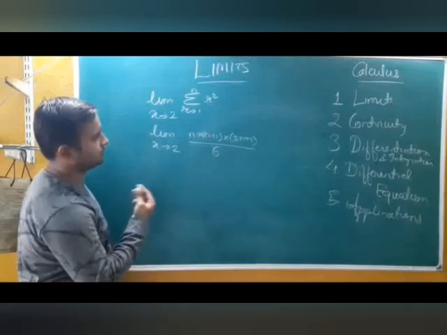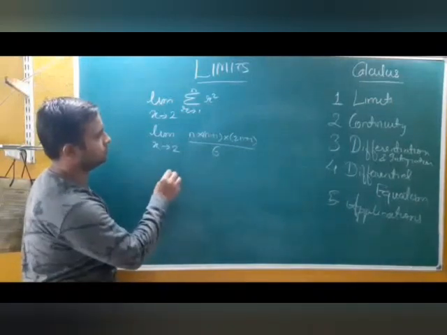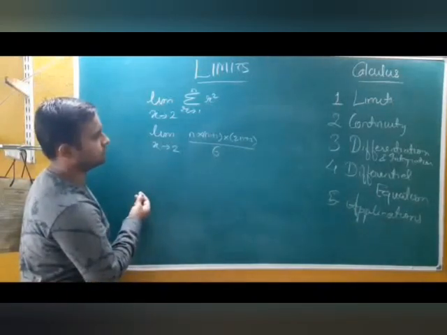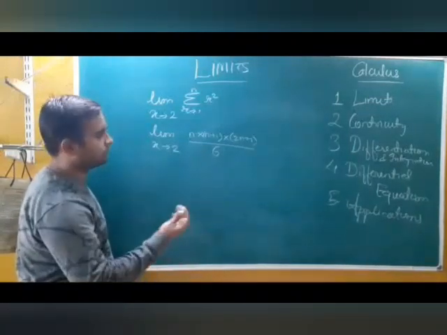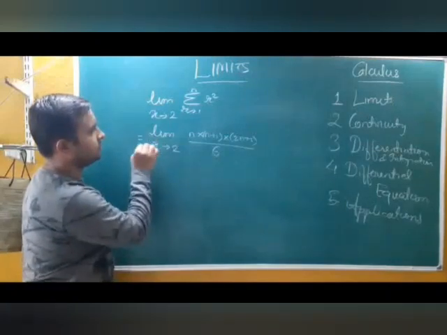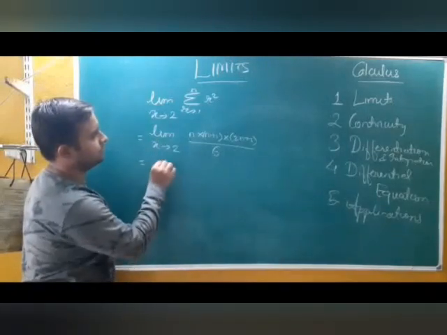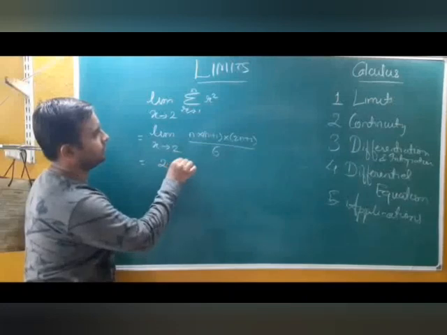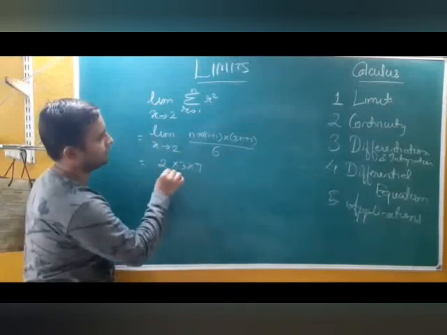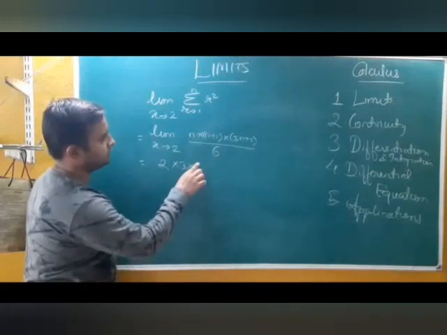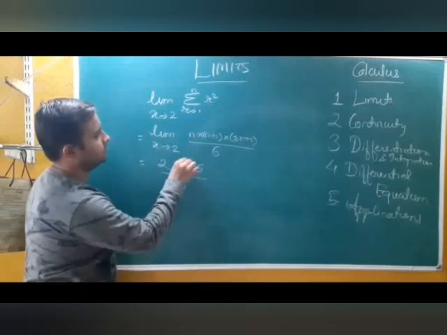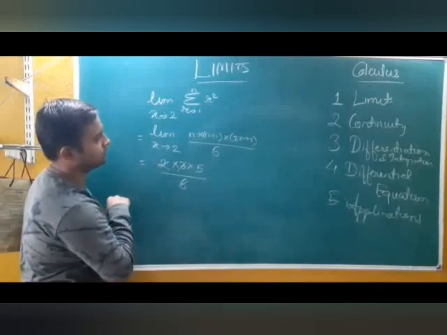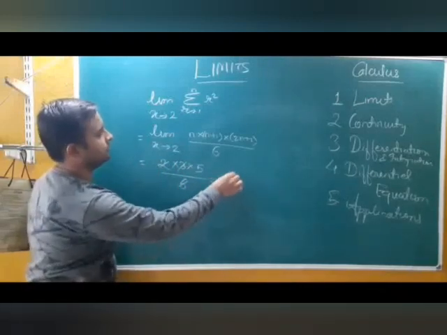So can we just substitute this value of 2? Yes, because if we are substituting, we are not getting any indeterminate form. So this is a straightforward example. So what can be the answer? 2 into 3 into 7. Correct me if I am wrong. Not 7, it will be 5 upon 6. Correct? 2 3s are 6, 6 is cancel. Answer should be 5.